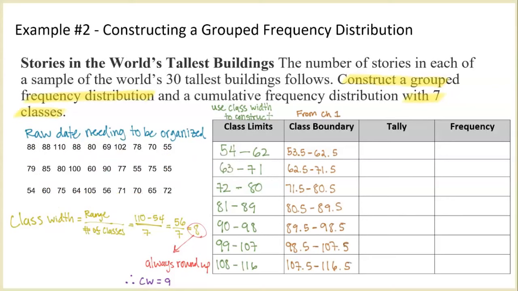So I go through and look in my data set, and everywhere I find a value that can fall between 54 and 62, I keep a record of it. There were 7 values that I found from 54 to 62, and those 7 values I can place into this limit. I do the same thing for the next one, from 63 to 71,